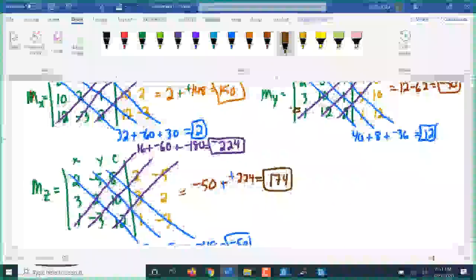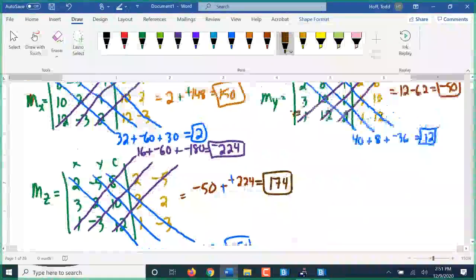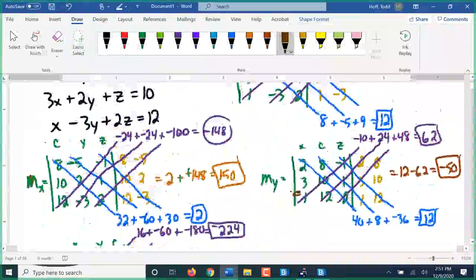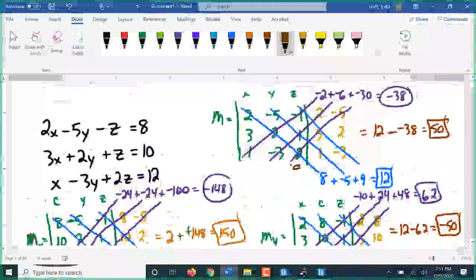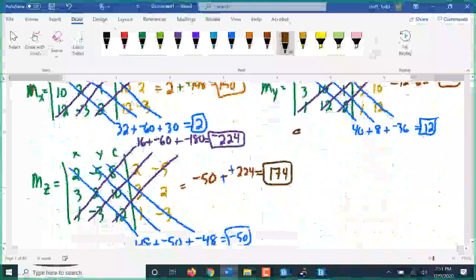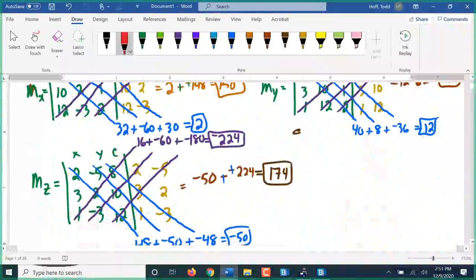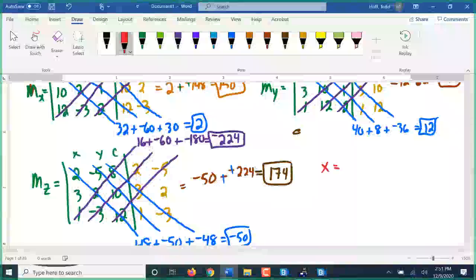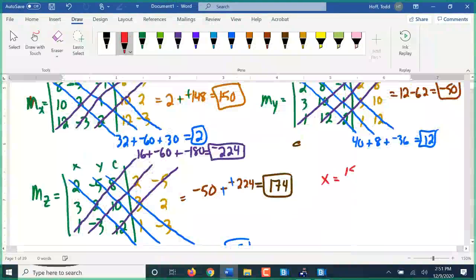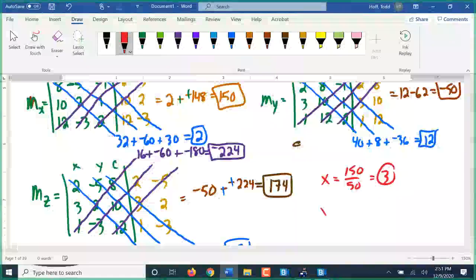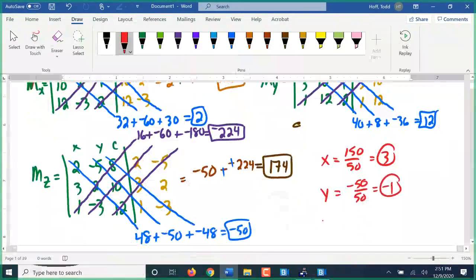Okay, so our values for x, y, and z here. Our base matrix had a determinant of 50. So x is 150 divided by 50, which is 3. Y is negative 50 divided by 50, negative 1. Z,